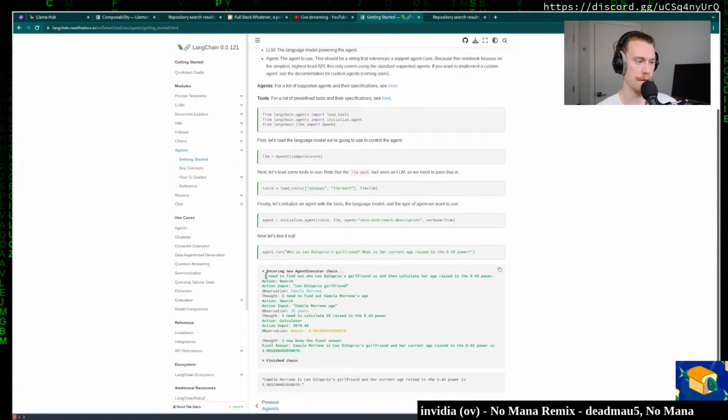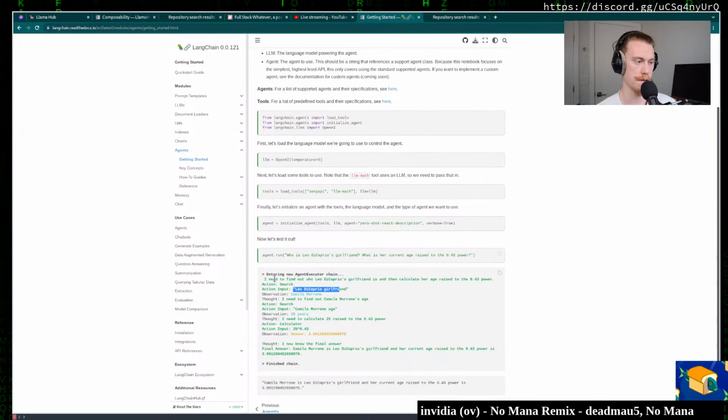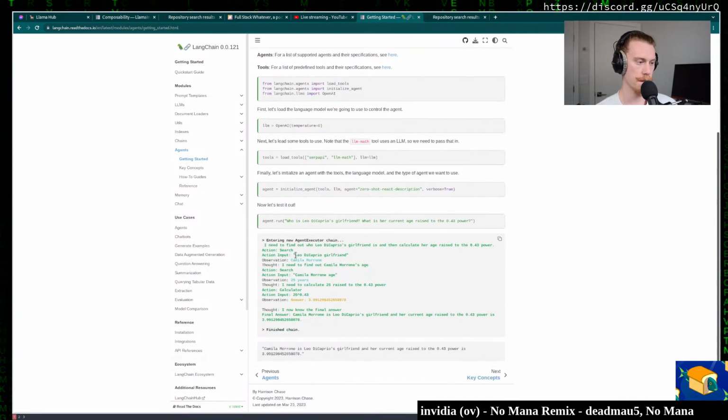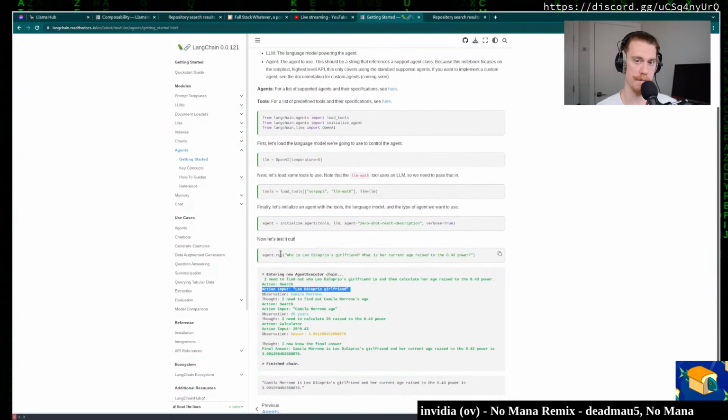You could ask it a question, and then it can perform a Google search. If the question is, I need to find out Leonardo DiCaprio's girlfriend's age raised to the 0.43 power, you can search for that name on Google, and Langchain is capable of